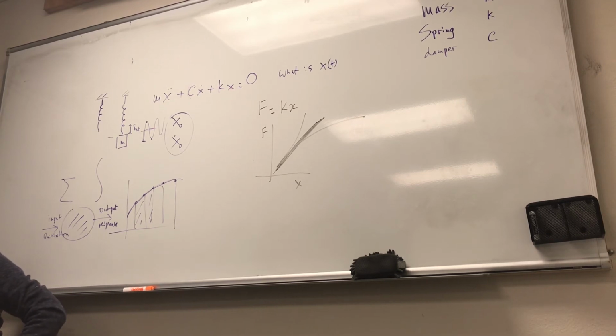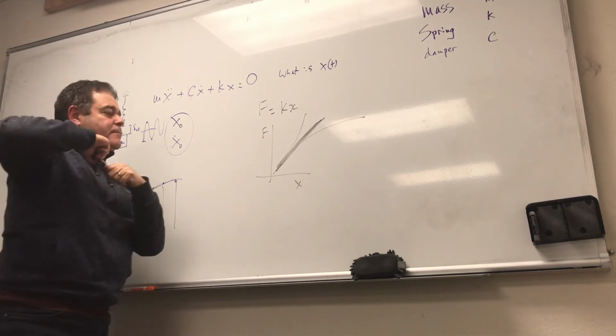Now, to solve for velocity, what do you do? dx. Exactly. Once you find the x of t, then the velocity is simply dx over dt, so you're expected to know to take derivatives. And to find the acceleration, you take that, right? So in other words, if I have, by the way,